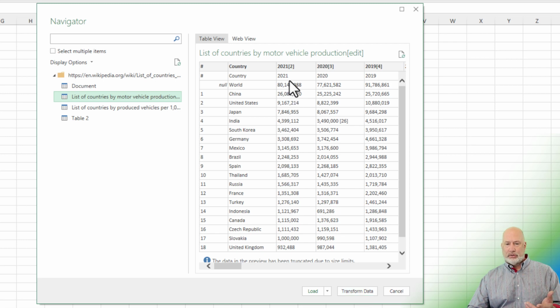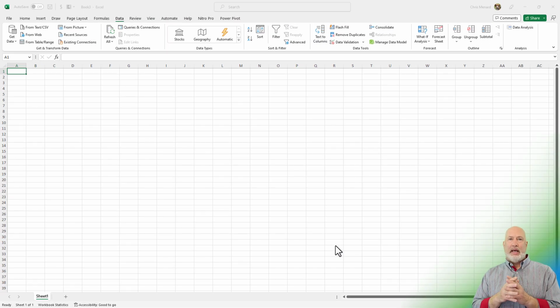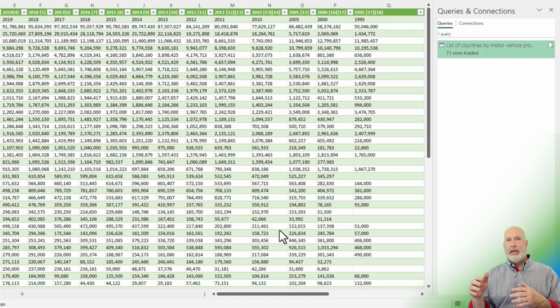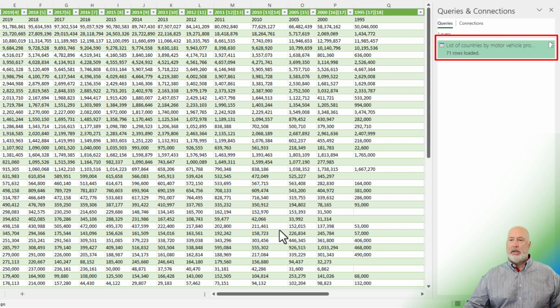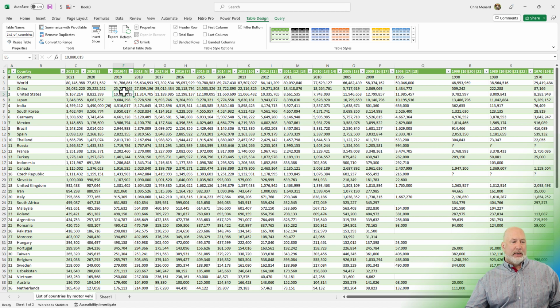But it looks like these rows are very similar, so I'm going to just keep this simple today and hit load. You'll see queries and connections start up over on the far right. That's a task pane. It's going to load the number of rows. It put in 71. Perfect. You don't have to keep this running. You could close it. If the query's running and the connection's running, if that table gets updated on the web, it would update it here. But for right now, I'm going to close this.